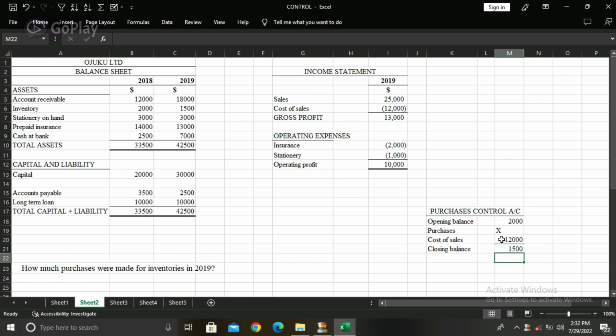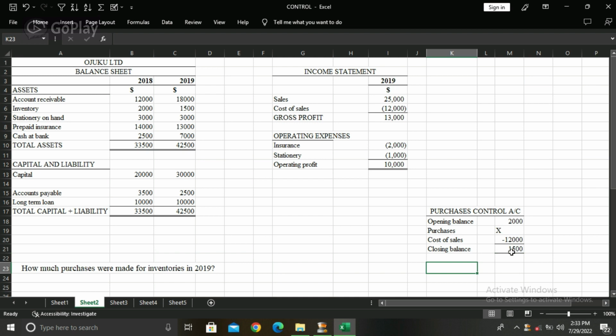So here, looking at this, it will be 2,000 plus X, which is the unknown purchase, minus the consumption, which is the cost of sales, equal to the 1,500 of stock. So here, by my calculator, we can see that if you do it mathematically or logically, the inventory purchases for that year is 11,500. So if you cannot do it logically, just add 2,000 plus X minus 12,000 equal to 1,500